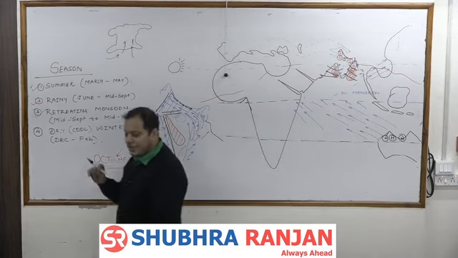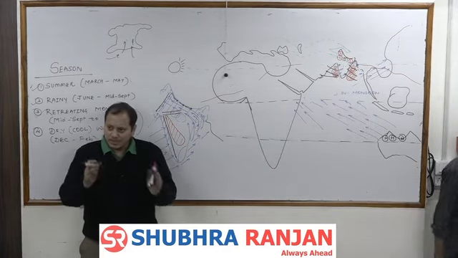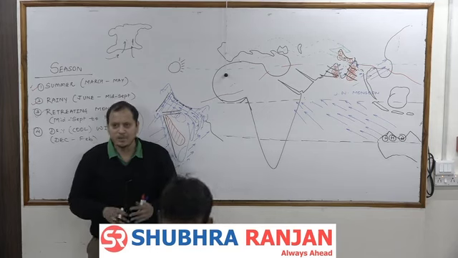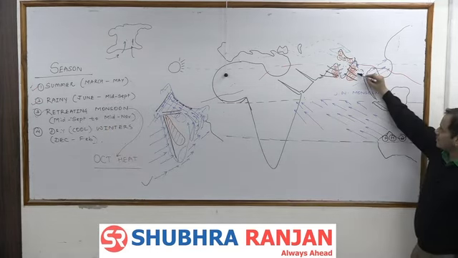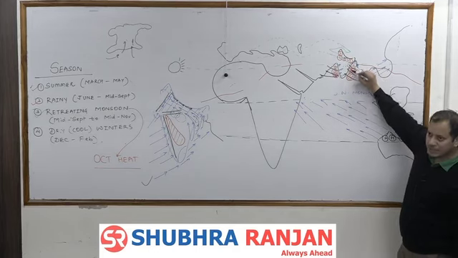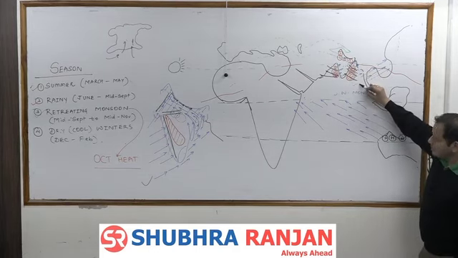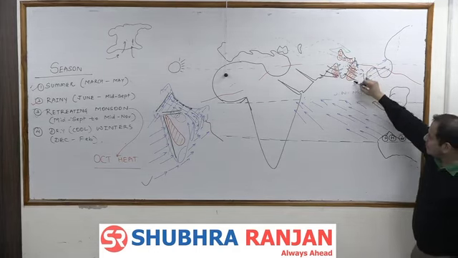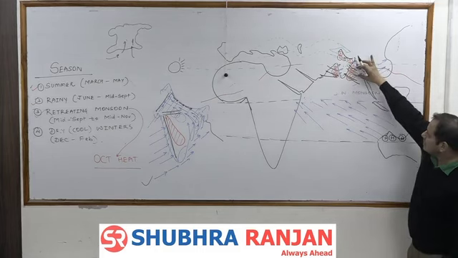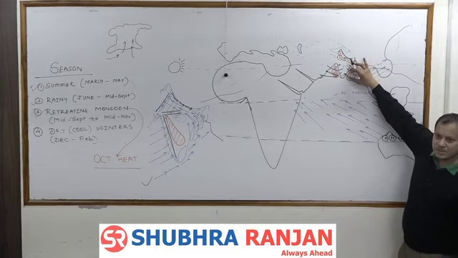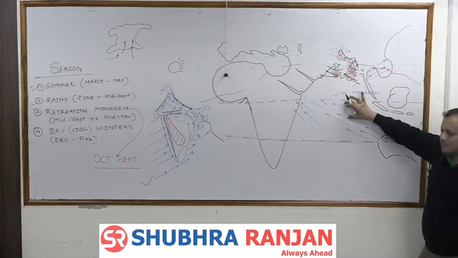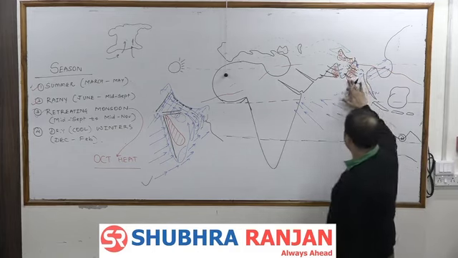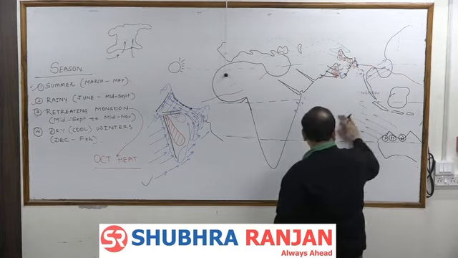The later the tropical cyclone, the more the chances it is going to hit Tamil Nadu. The earlier the tropical cyclone, that is in the month of October, that means it will originate here, it is going to hit Odisha and Andhra Pradesh. In the month of December, it is going to hit Tamil Nadu. Why? Because in the month of December, this ocean has started cooling, but this is comparatively warmer because the sun is somewhere nearby. Understanding this? And when the sun goes back,